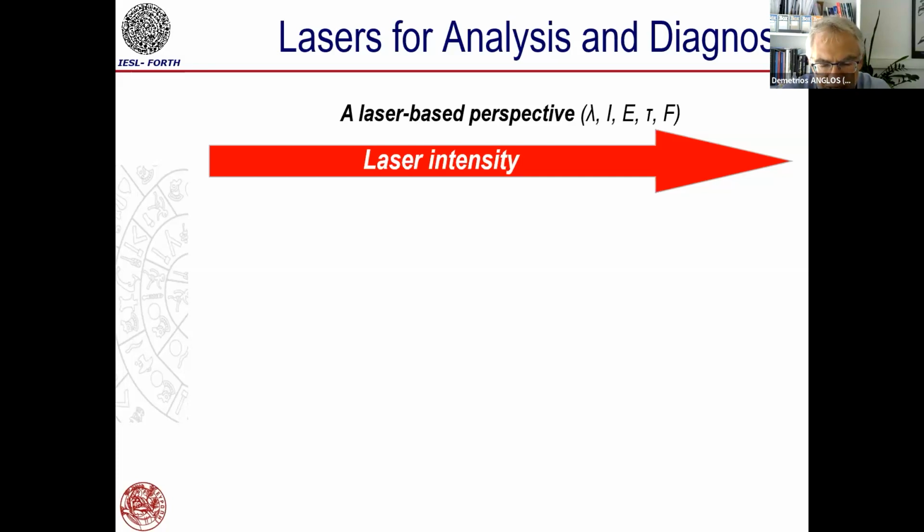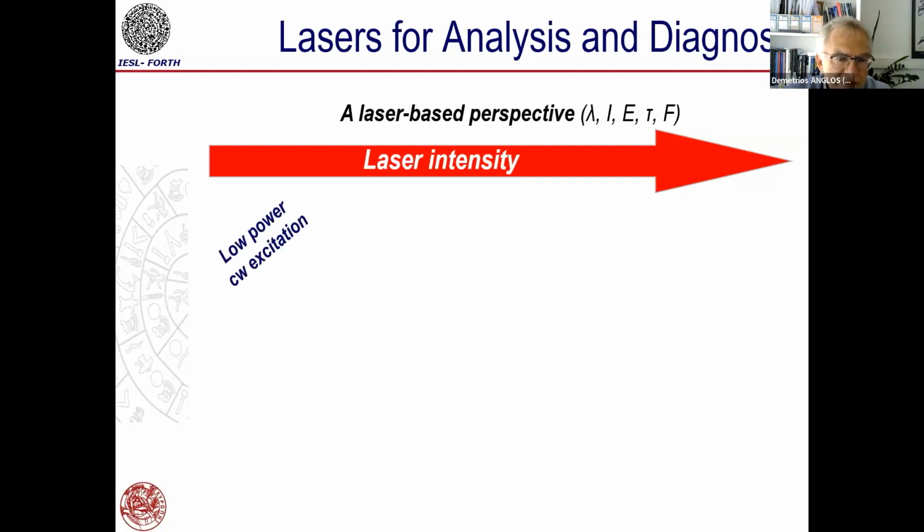One important parameter in the use of lasers is intensity, and furthermore, energy if we're talking about pulsed sources. So if we have a pulse, we care about its energy, and we care about its duration, the time duration. So the time width of a laser pulse is important. But also important is what receives the sample, what receives the material, and this is described by the fluence or the radiant flux or irradiance, as we call it, basically intensity or energy per unit area. So we will be looking